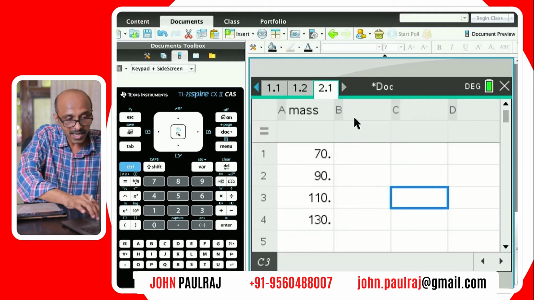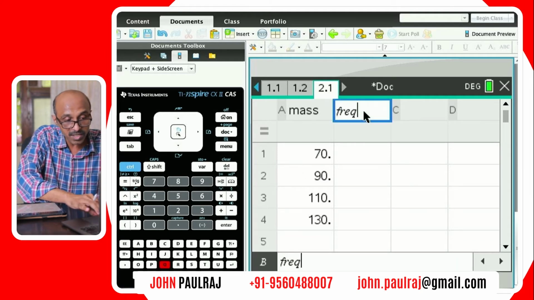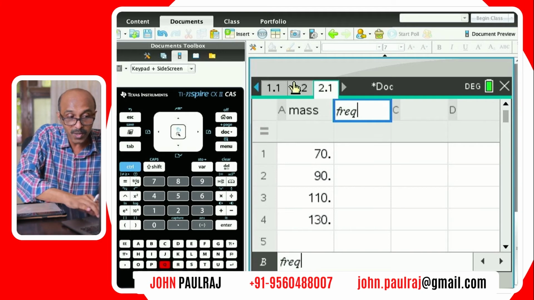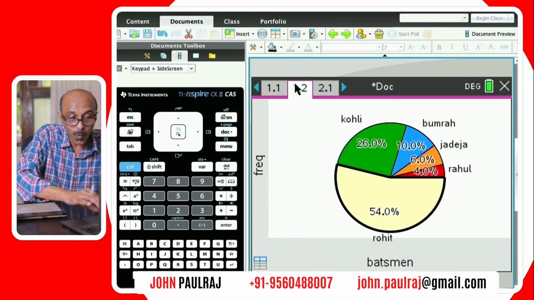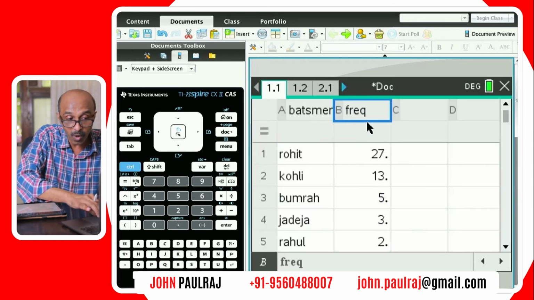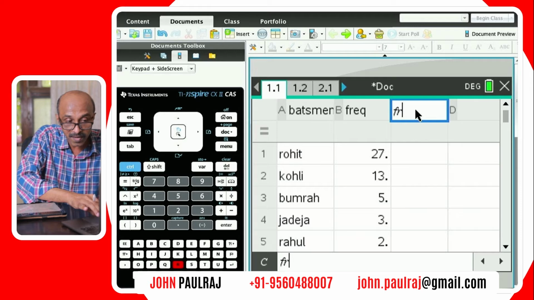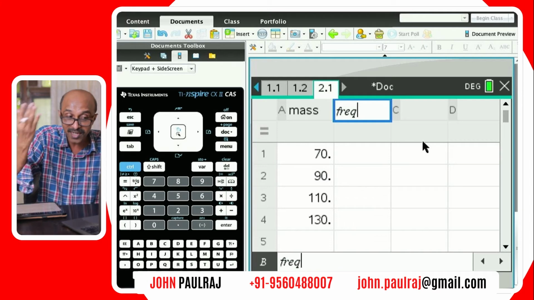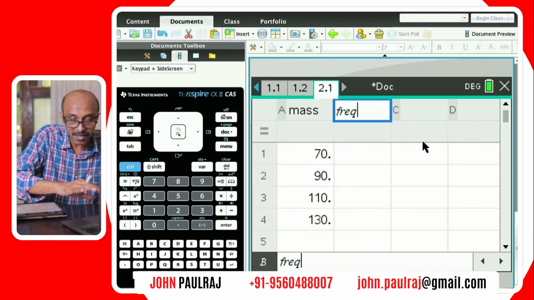Now, the frequency. Let's call it FREQ, and you can notice that it stays not bolded, meaning it's not bold. If you've not understood what I meant by not bold, you have to go and look at some of my earlier videos on why it should be bold or not bold. Although I've called it FREQ, the same name as here, if you had called FREQ on this particular problem, watch this, it became bold. On a new problem, it's a new variable altogether. You can still use the old name and it'll still remain not bold.